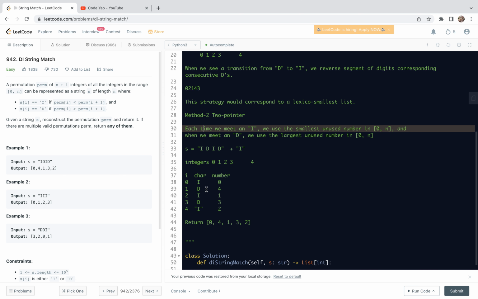So when we look at index 0, the character is I, so the smallest unused number is 0, so we put 0 here. And then we look at index 1, it's letter D, so we are going to use the largest unused number, that is 4. And then if we look at index 2, it's character I, so we're going to use the smallest unused number,